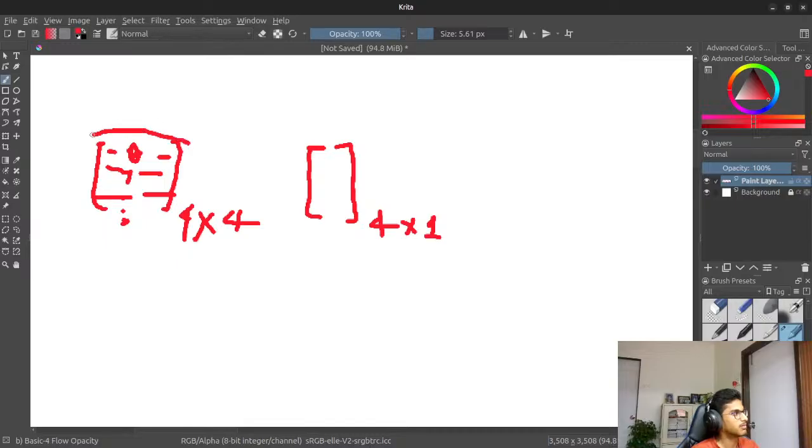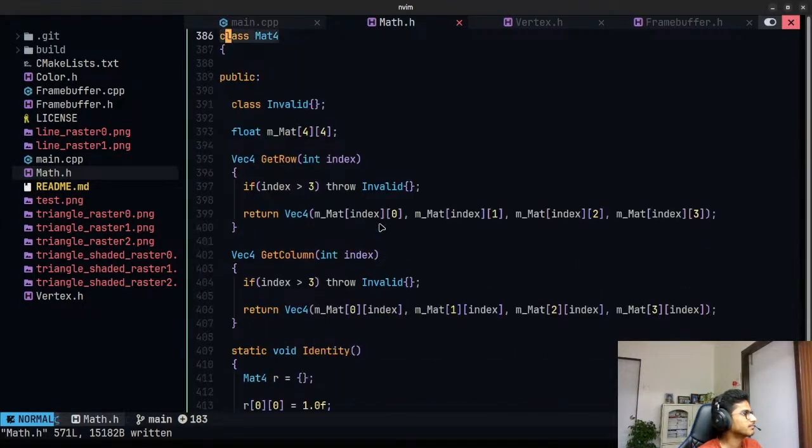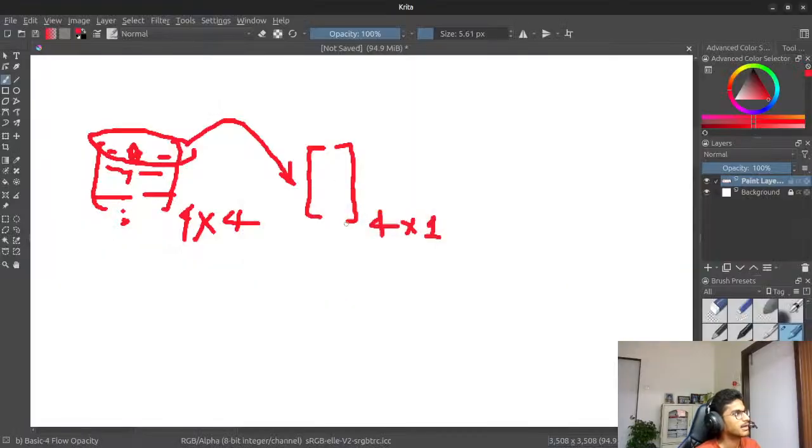I need to multiply the row of this with this thing. I'll add a getter as well. Yeah, I have a get row and get column method which returns a vec4. Now what I need to do is